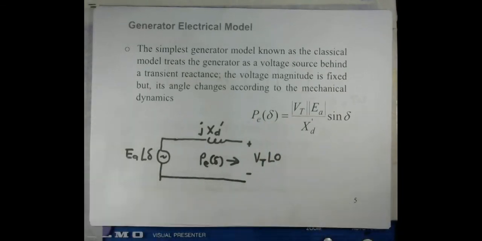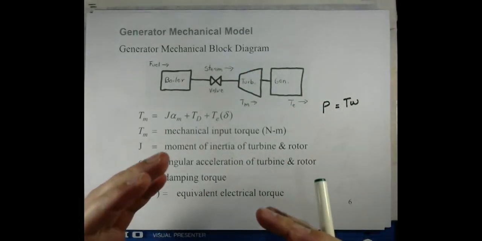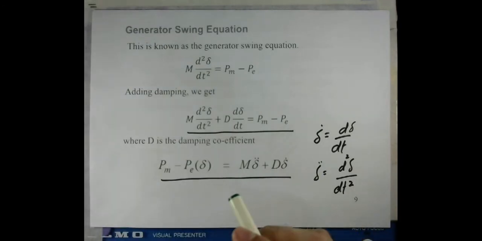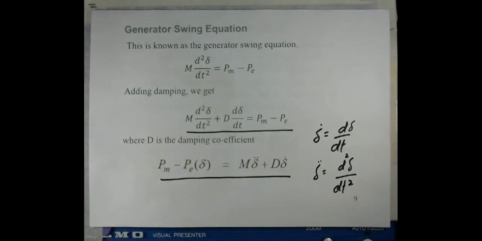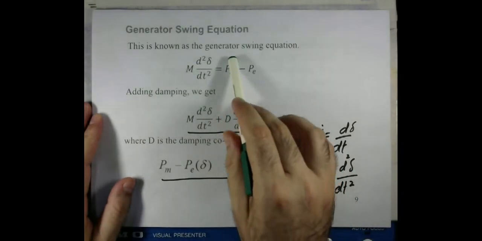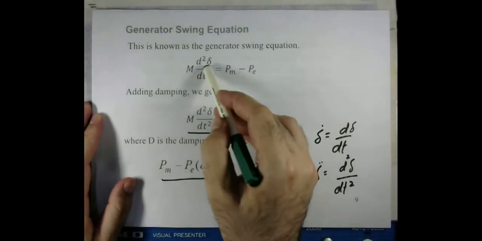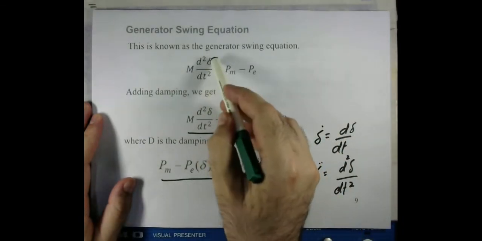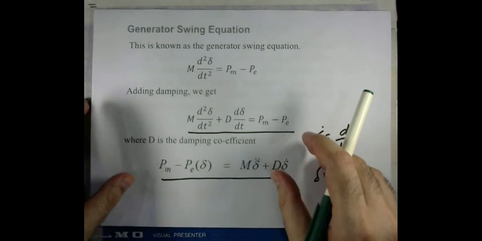So we discussed first the electrical model, and then we started the discussion on the mechanical model, and we performed some mathematics, and afterwards we reached an equation which we call the swing equation. This equation, you and I discussed in the last lecture. It stated that if there is any change on the right side, there will be a corresponding change in the left side, which states that the angle will change. And if the angle changes, it will change the dynamics of the system.